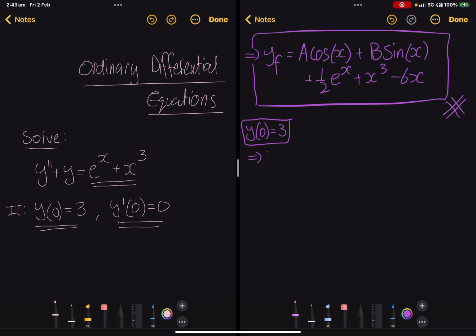This implies that 3 is equal to a times cosine of 0 plus b times sine of 0 plus 1/2 e to the 0 plus 0 cubed minus 6 times 0. This is 0, this is 0, sine of 0 is 0, so this term goes away. E to the 0 is 1, cosine of 0 is 1, so we get